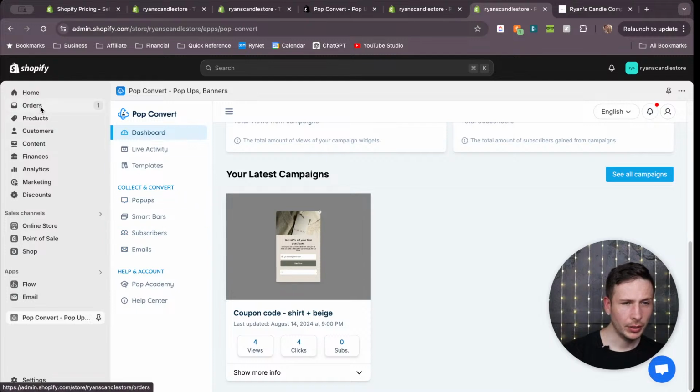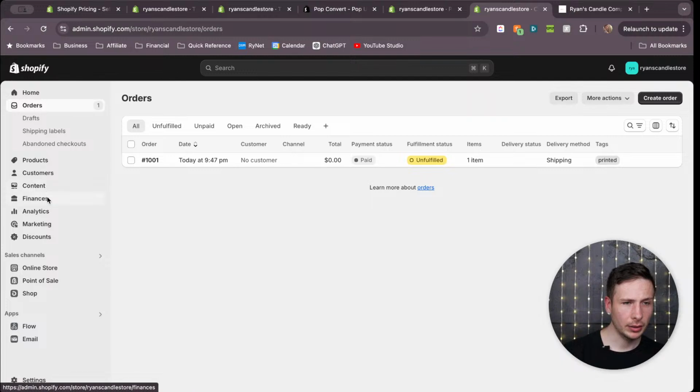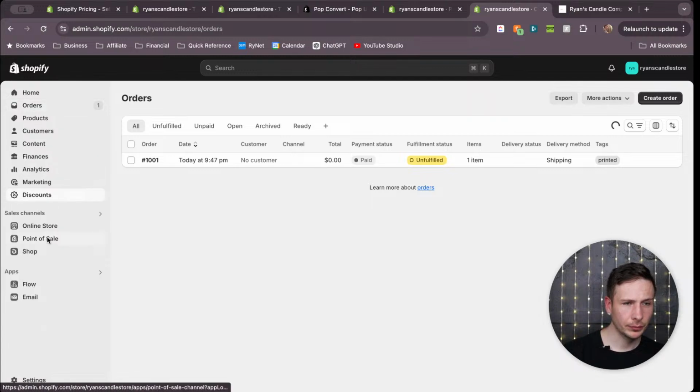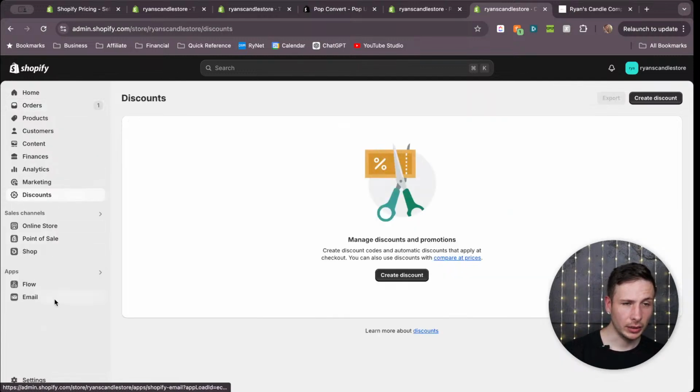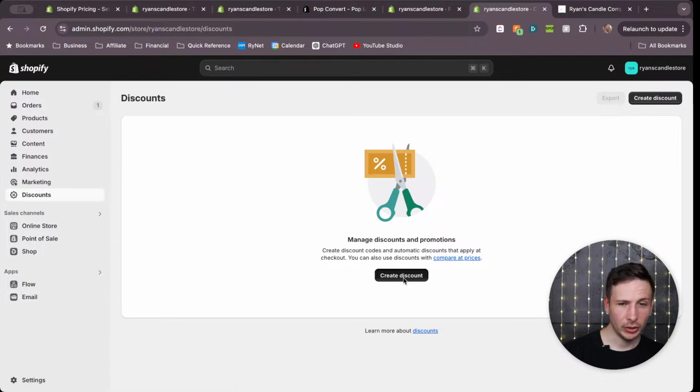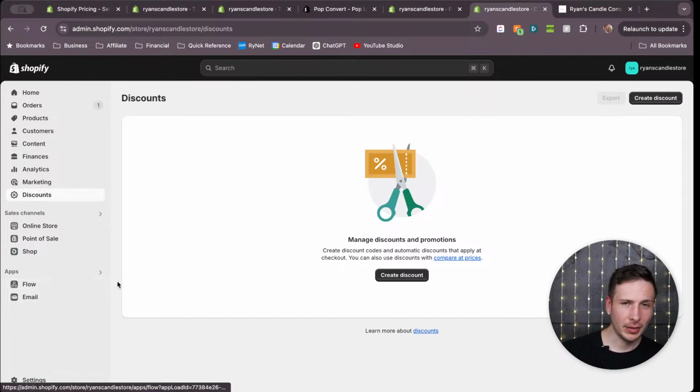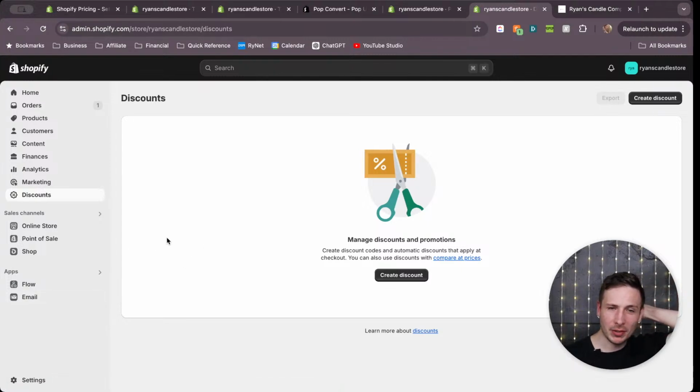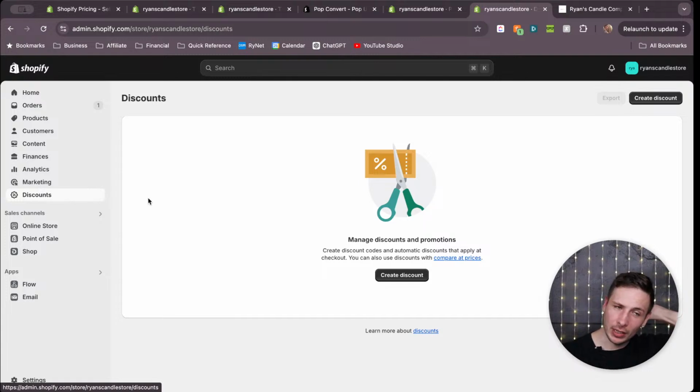I wonder if it created the coupon automatically. It didn't. Okay. So if you make a coupon code, so that if you have a pop-up or something, and it just has a place for you to put in a coupon code that you're going to give out to everybody, you might have to go to discounts and create